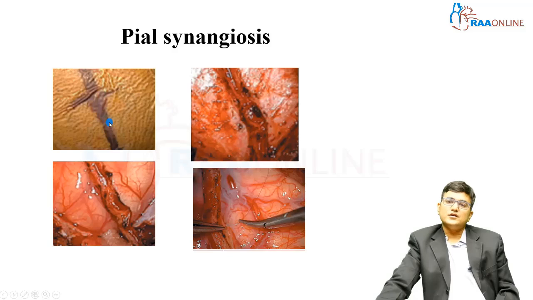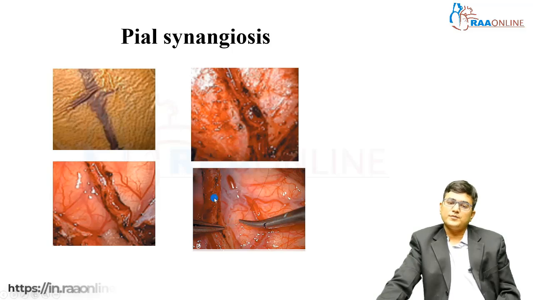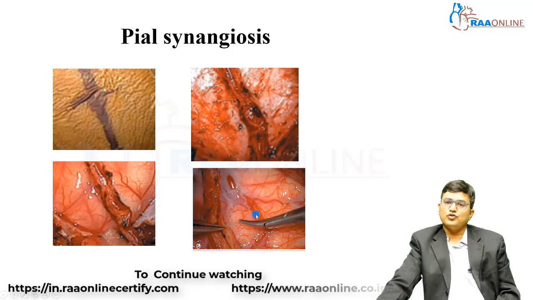You can do pial synangiosis also, where you see the branches of the STA and you directly suture them with fine suture material onto the pia. An extension of this is the direct revascularization, where you go beyond the pia and isolate an M4 or a cortical MCA vessel, and you suture the STA to the cortical MCA vessel. By STA I mean a